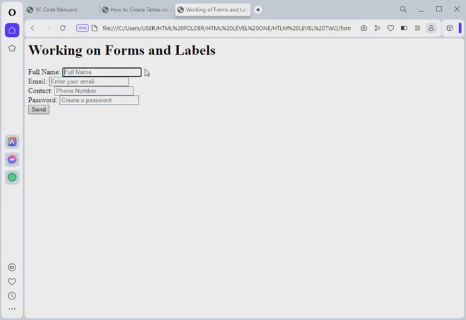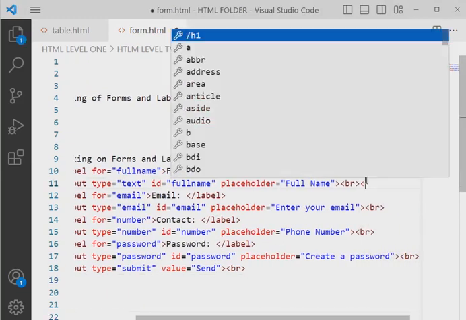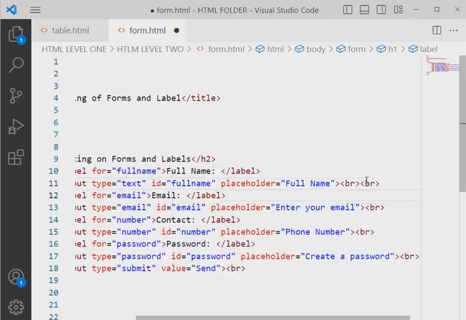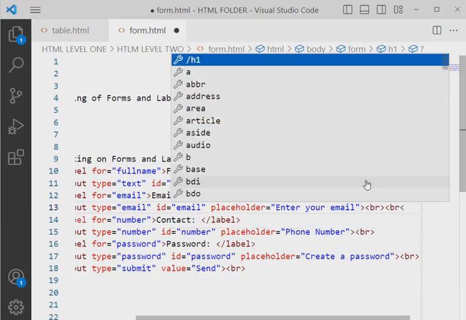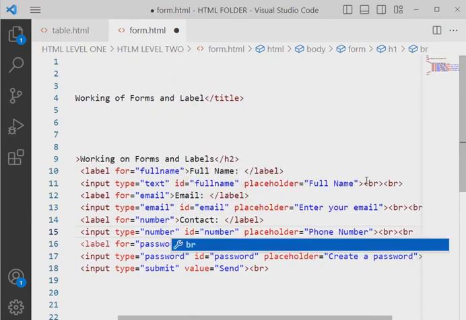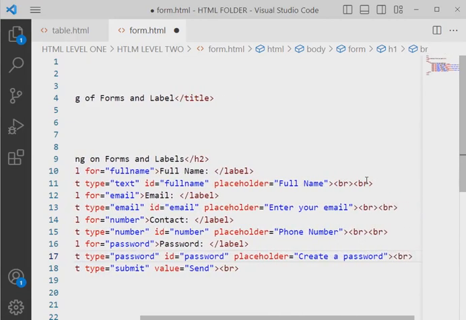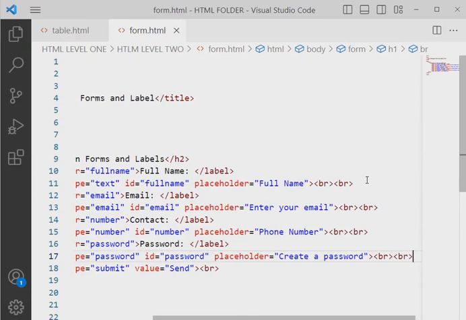We can also give it more space, like this full name. Now we can give it a little bit more space by adding another break to it. Let me use another break tag. So here also I will add a break tag, and here also I will add a break tag to give it more space. And lastly here I'll add one more break tag to it. Once I save this and refresh,